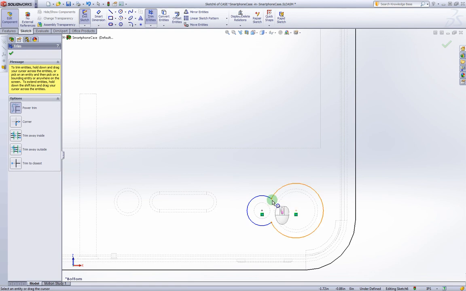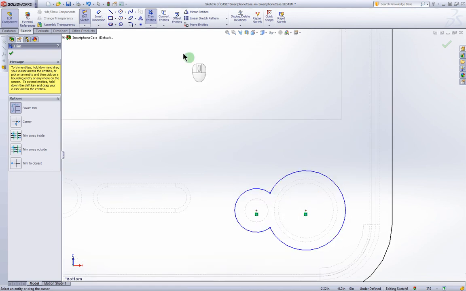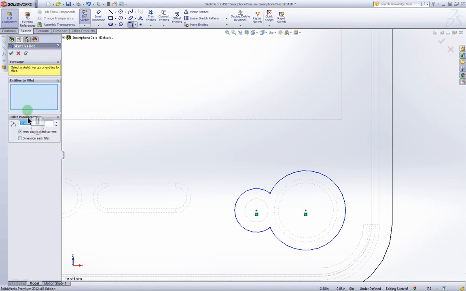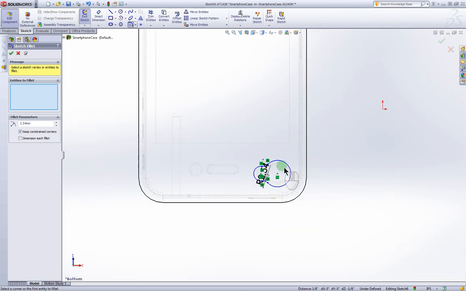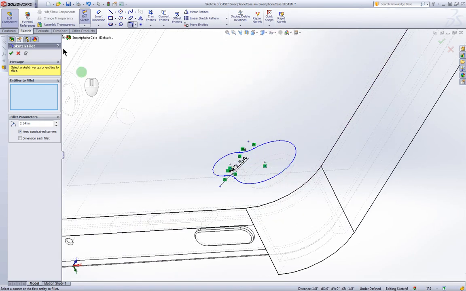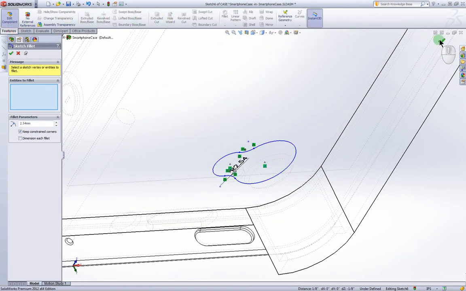To kind of just make this look a little nicer before I leave, I'm going to use a sketch fillet. I could do this before or after, but I might as well do it now. Change your size to something reasonable. I'm going to do 0.1 inches, and we're going to do these 2 edges there, and I'm going to accept that, and it makes it look a little smoother instead of that really edgy kind of corner there. And we're going to finish off by turning this into a features, and accept that, extrude cut,